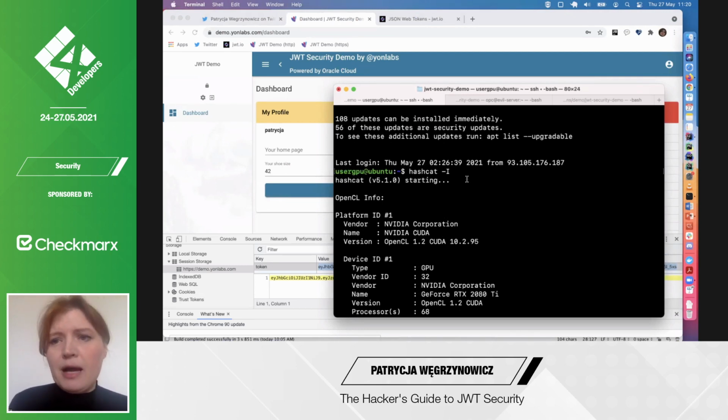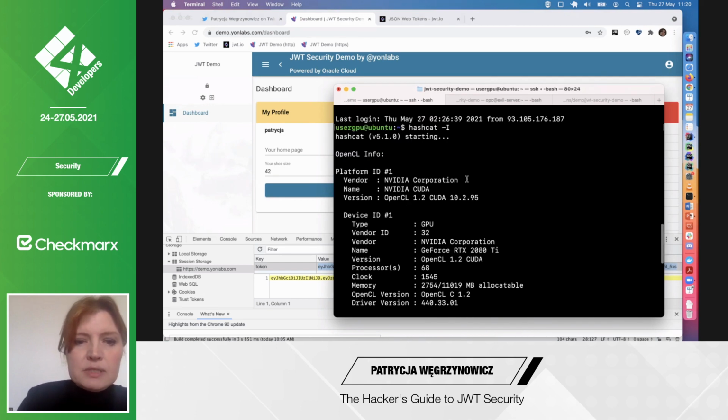Basically, it's hashcat 5. For efficient cracking, it's better to use hashcat 6 because it has support for the CUDA library. Hashcat 5 only supports OpenCL, which is about 30% slower than CUDA, but it was easier for me to configure.